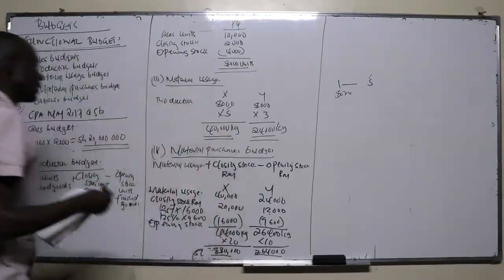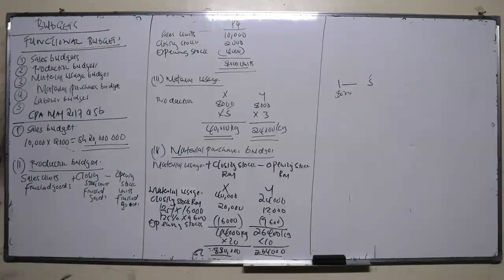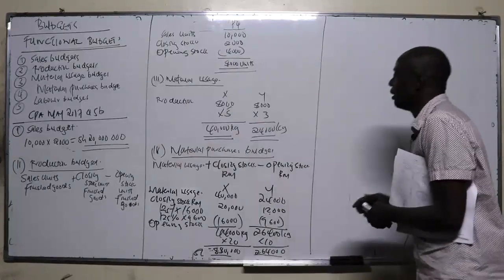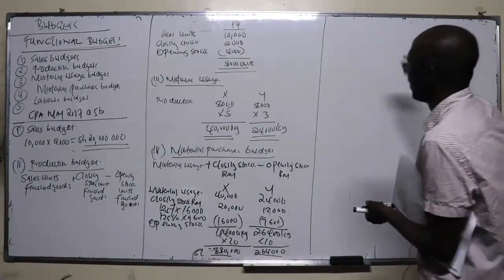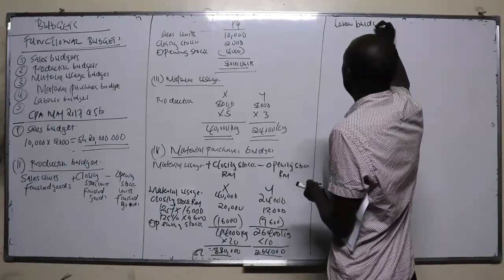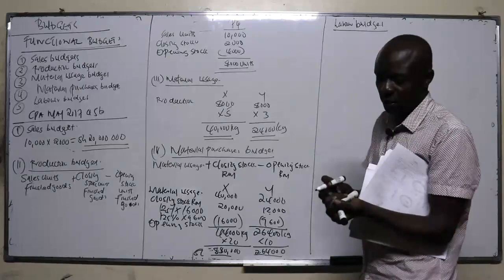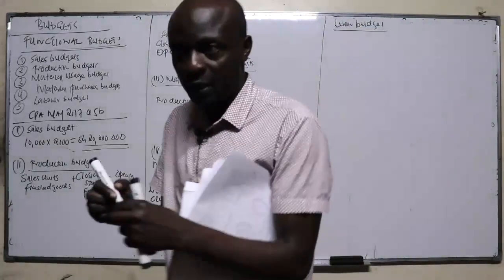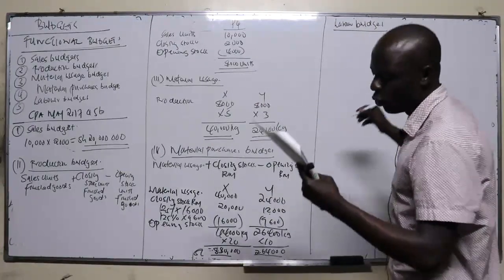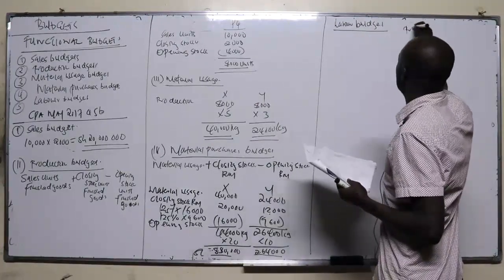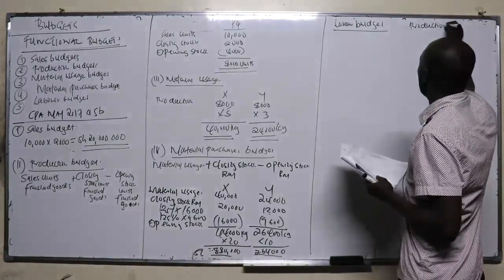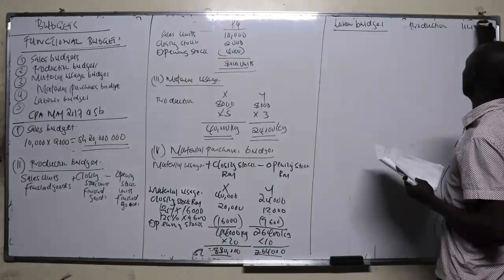So that is a budget. That is the material purchases budget. Then now we come here and prepare labor. They want us to do labor. Labor budget is the amount of money they're going to spend on labor in production, isn't it? So they have two departments. They have a department called production, another one called finishing.